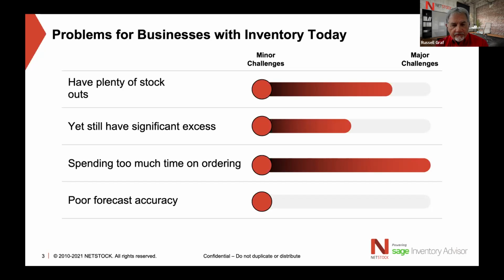So we just spend an awful lot of time in a very stressful situation trying to figure out what's the right level of inventory that we should have, and how much do I need to order, understanding all these variables. And one of the challenges is forecasting accuracy, right? We know that forecasts are at best a guess, but the better we can predict that future demand, the better our forecast accuracy, then the better chance we have of knowing what to order and when to order it, and